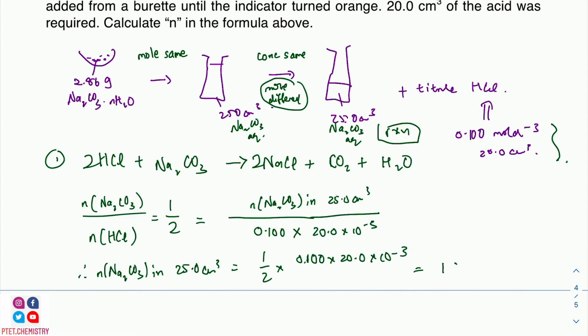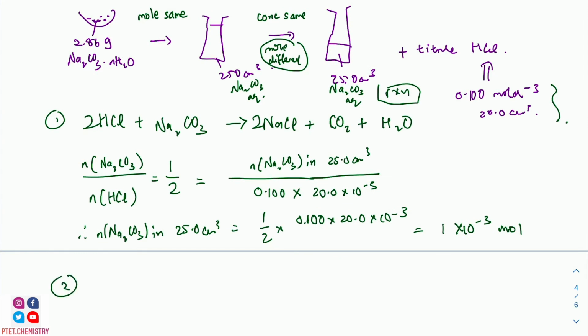So that gives me 1 times 10 to the power minus 3 mole. So what is this? This is the mole of Na2CO3 in here. I've shown it in this diagram, very poorly drawn diagram. Concentration is the same, but the mole is different. So our job really is, therefore, the mole of Na2CO3 in the 250 cm cube solution is going